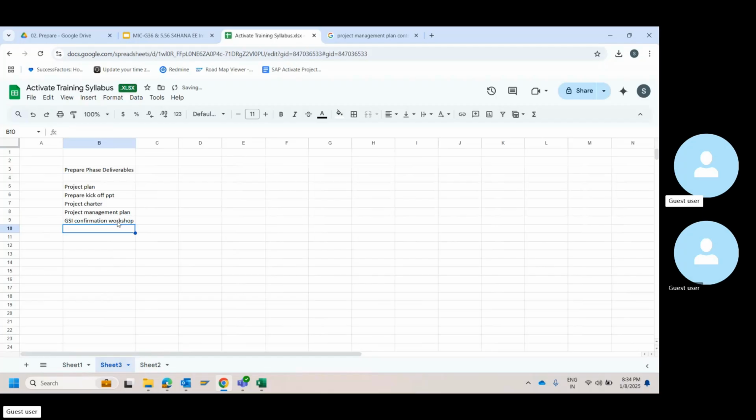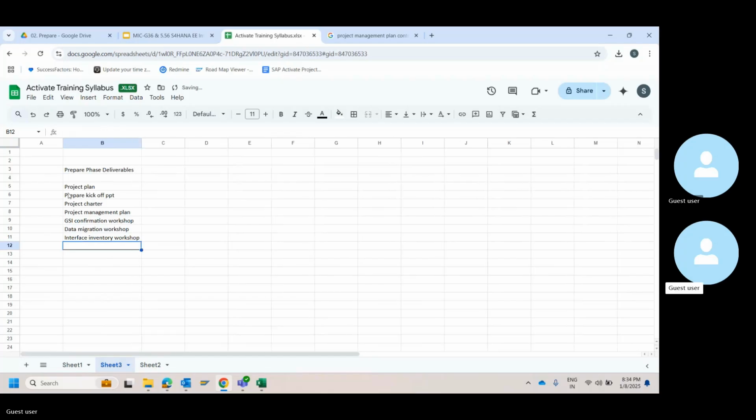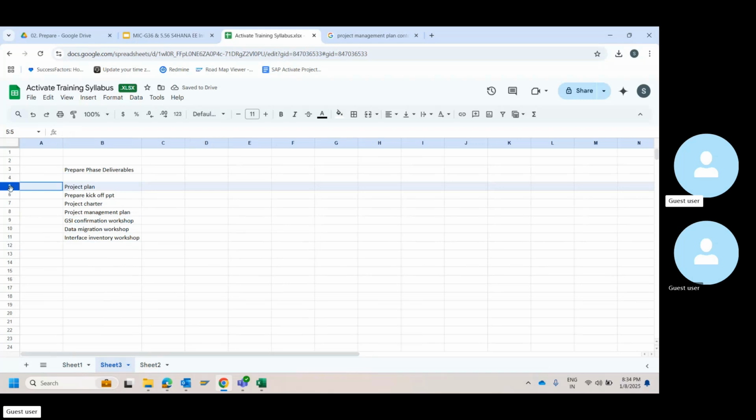What are all the 3 workshops? Fit, data migration, then something about integration, the interface inventory workshop. Before this, I missed out on 2 items. What are those?